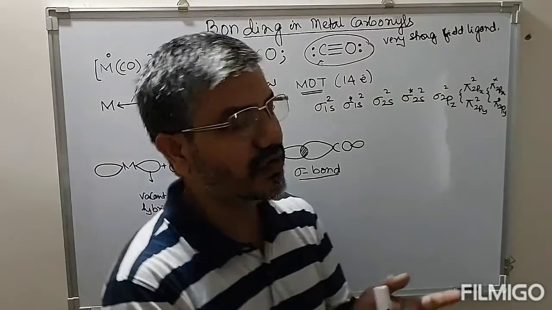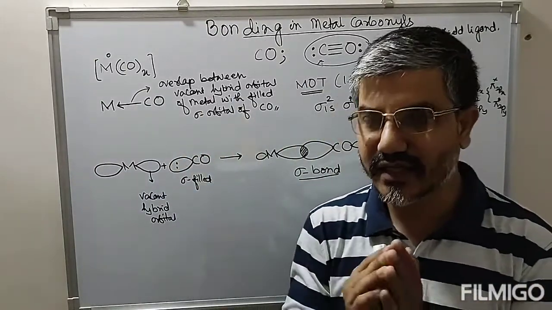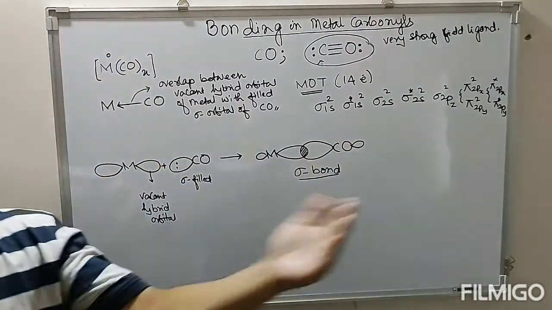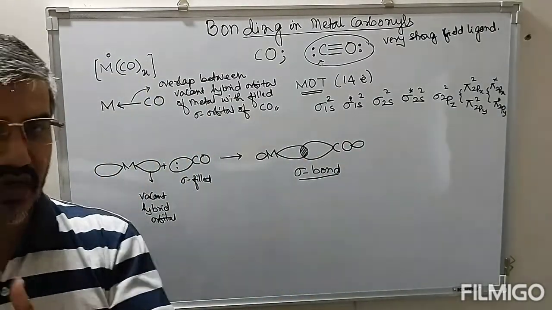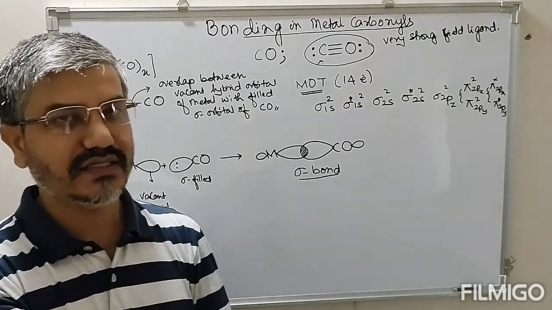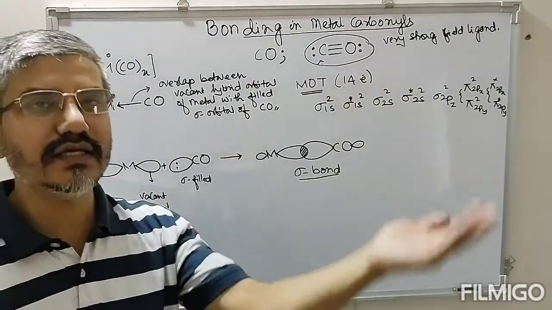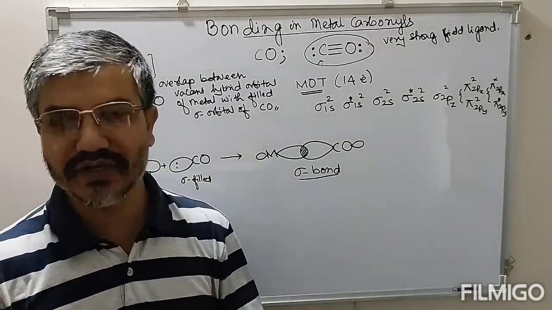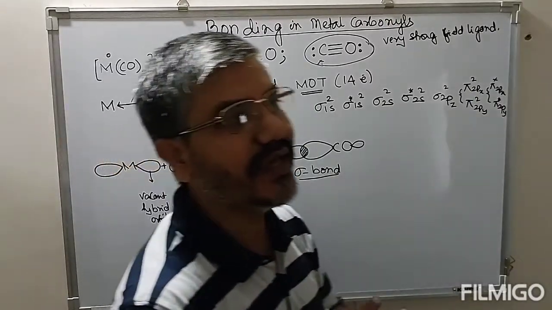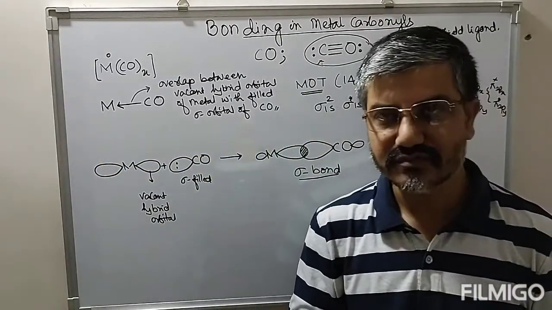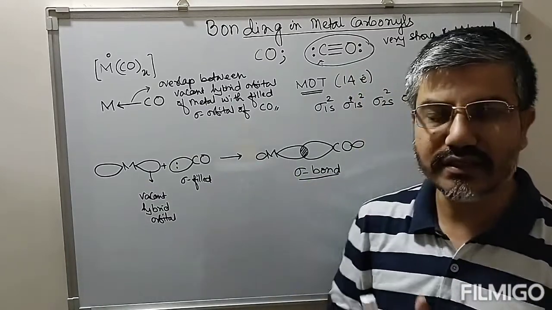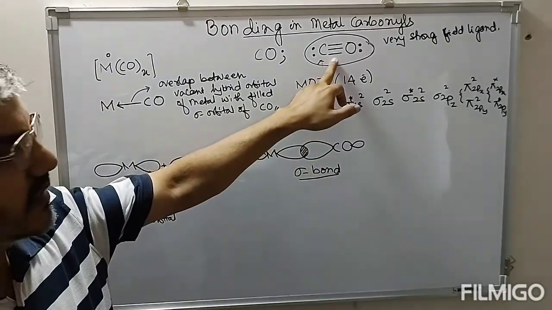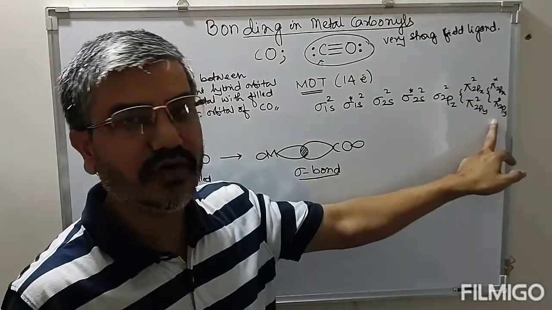Now to reduce this electron density, the only possibility is that the metal has to transfer some of this electron density towards the ligand. For this back transferring of electron density from metal to ligand, the ligand should have some unoccupied orbitals which can accept the back donated electron density. As I told you earlier, while we write the electronic configuration of carbon monoxide, we have an unoccupied antibonding orbital.